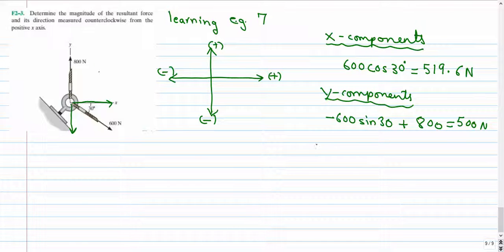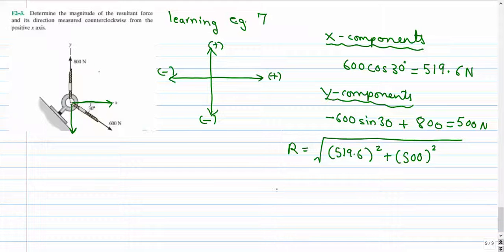Now to get the magnitude of the resultant, all we need to do is apply the formula: square root of the x and y components squared, 519.6 whole squared plus 500 whole squared, and this would give us a resultant force of 721.1 newtons. Now finally, to get the direction,